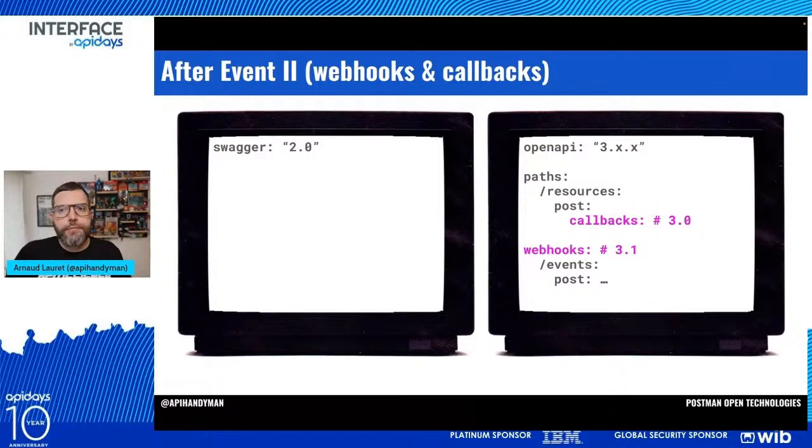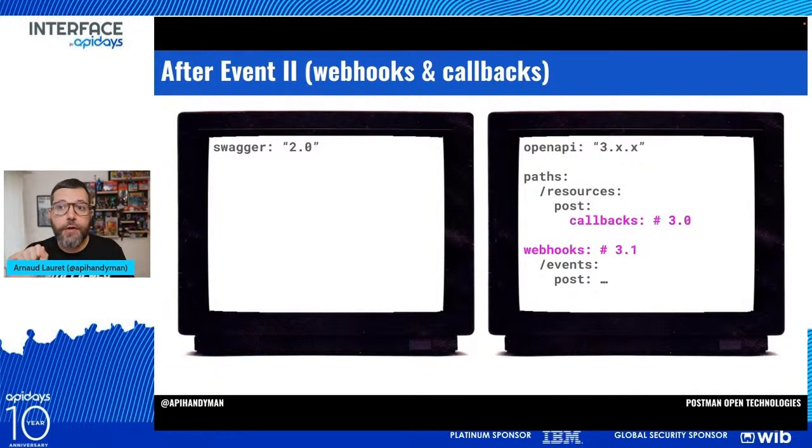In 3.0, callbacks were added. Callbacks are used, let's say you do POST /resources, which is a long-running operation. And instead of letting the consumer do some polling, you want to provide a way for the provider to tell the consumer that this long operation is done.